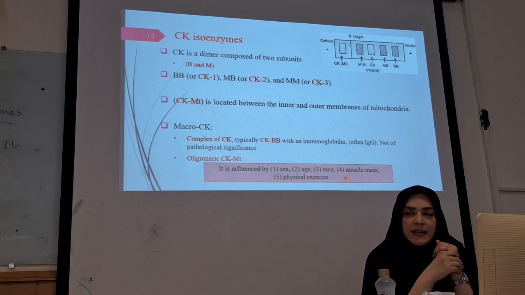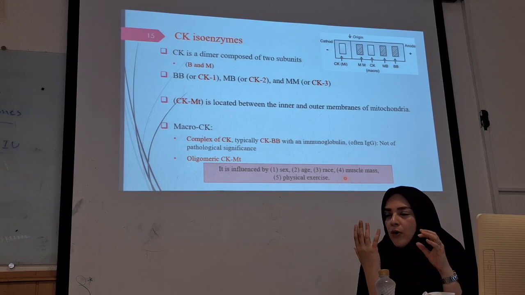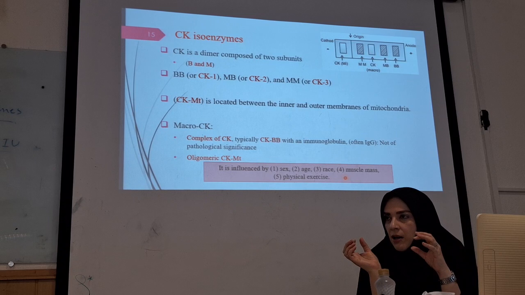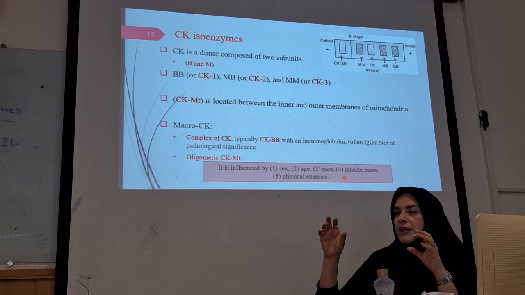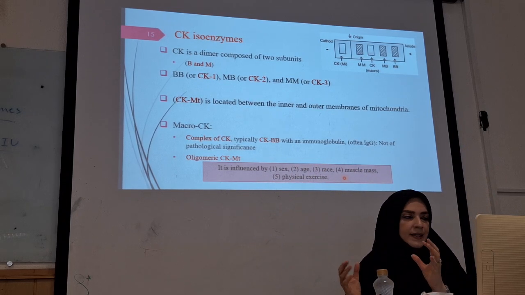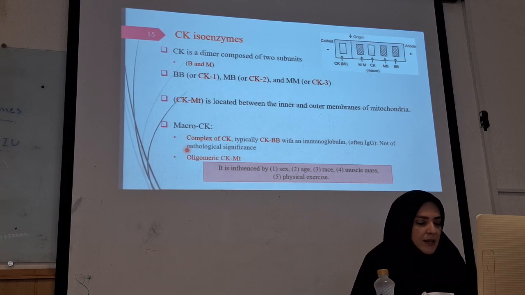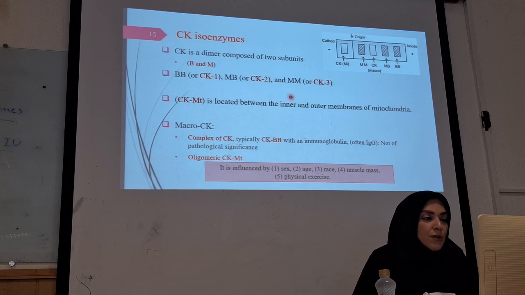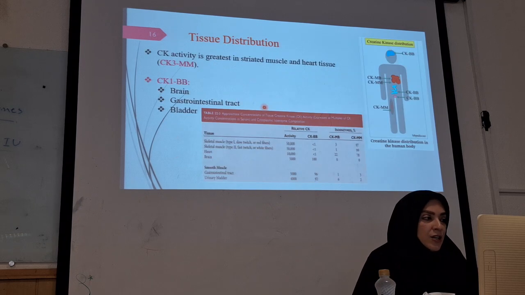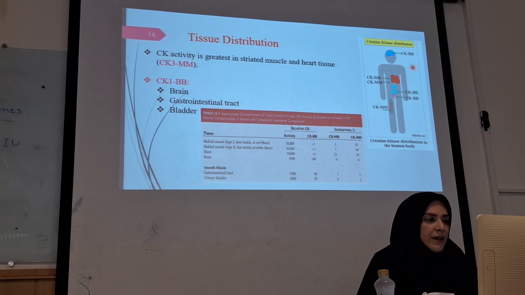Oligomeric is actually a combination of, for example, 3 or 5 creatine kinase in the mitochondrial form. When they combine together, they form a large complex and are considered an oligomer. And this is not related to this point. Oligomer introduces a specific kind of creatine kinase, but these are not of pathological significance. These 3 types are important for interpretation of your result. About tissue distribution, as you can see here,